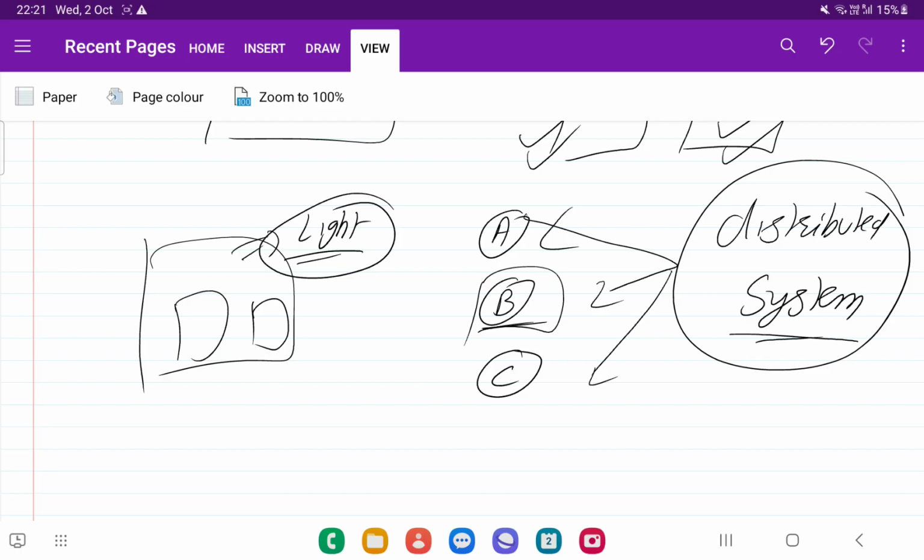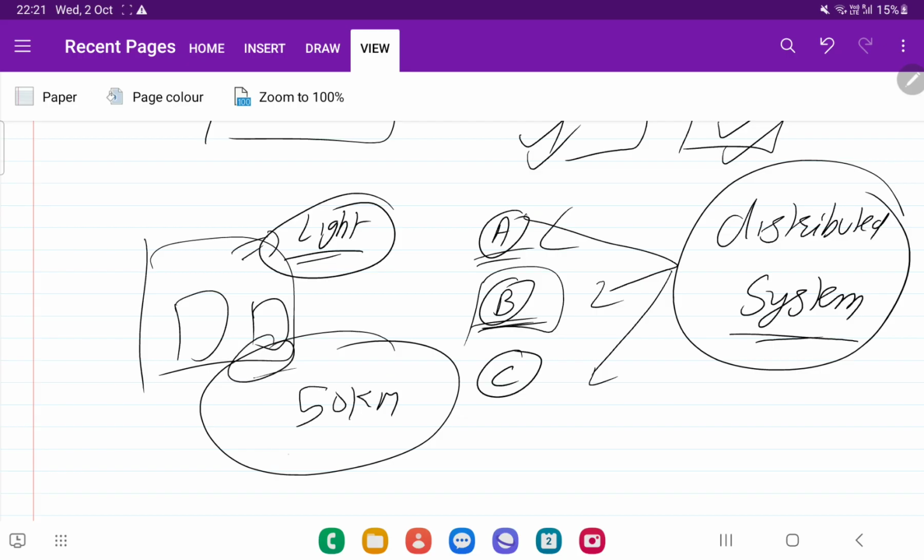Now each branch can operate independently, but everyone is part of the same brand and everyone will have the same recipe. So here also there are pros and cons. First of all, it will increase the geographic scaling. Let's say there is a city with a map of 50 kilometers. We can install branches in some corners so that we can deliver in all parts of the city. So we are increasing our scaling.